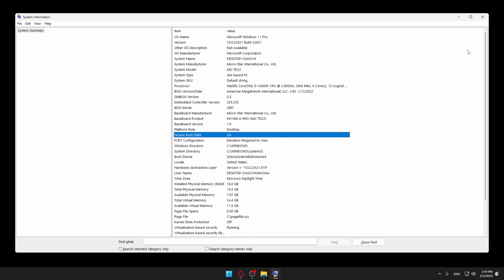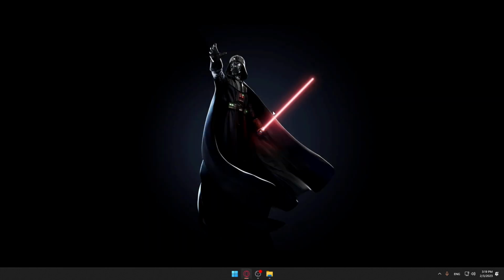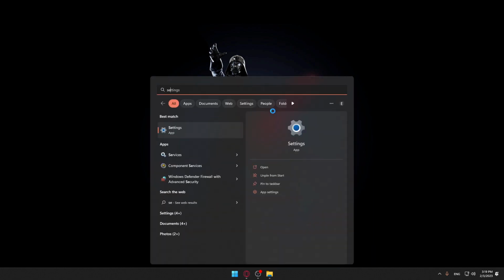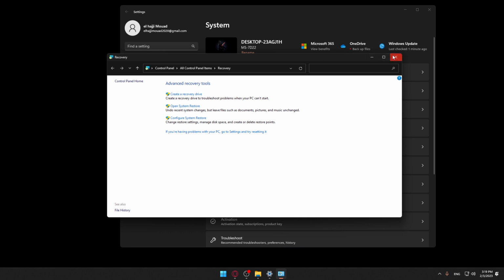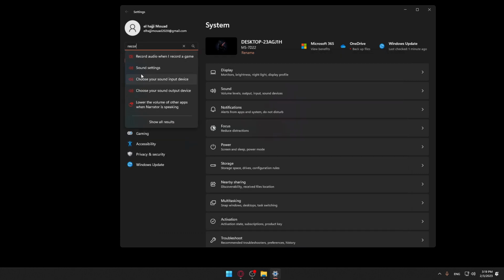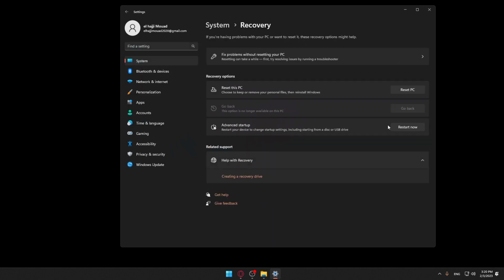system. So you'd like to restart your PC, or you can just click here and go to Settings. Then go to Recovery. Sorry, not this one, go to the Recovery option, and click this Advanced startup, Restart now, and this will open your BIOS. Then go to settings and enable Secure Boot, and you will find it right in your face